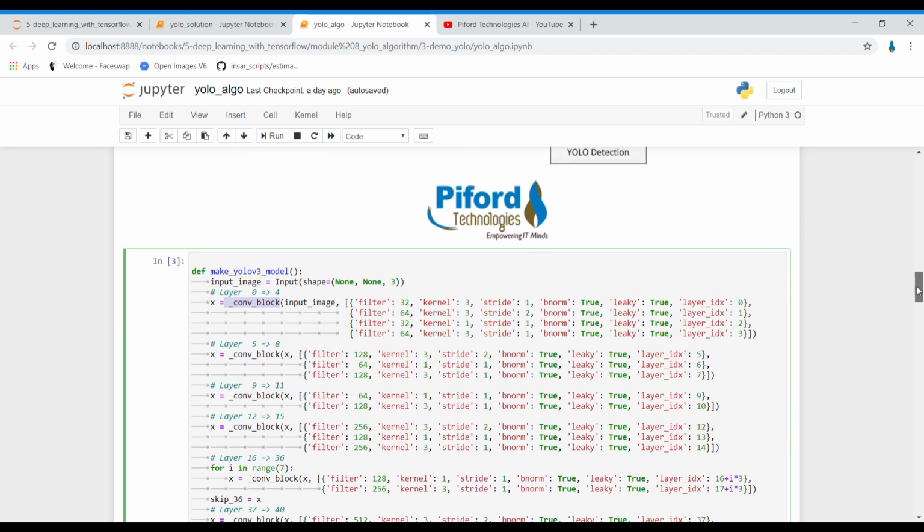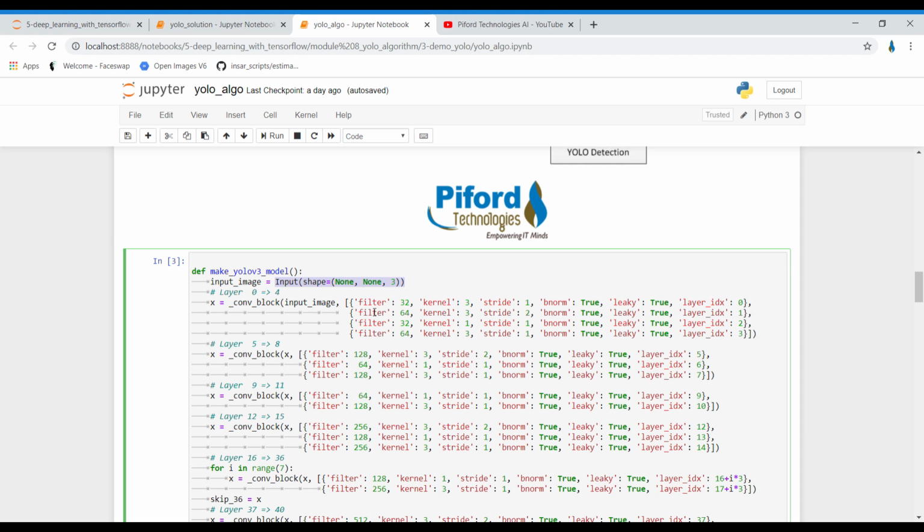In this first block of my network I have 1, 2, 3, 4, 4 layers, right? And this input image is a variable which is storing the input shape of our image. This 3 means the colored image, None means we'll give the value to it later on, right?